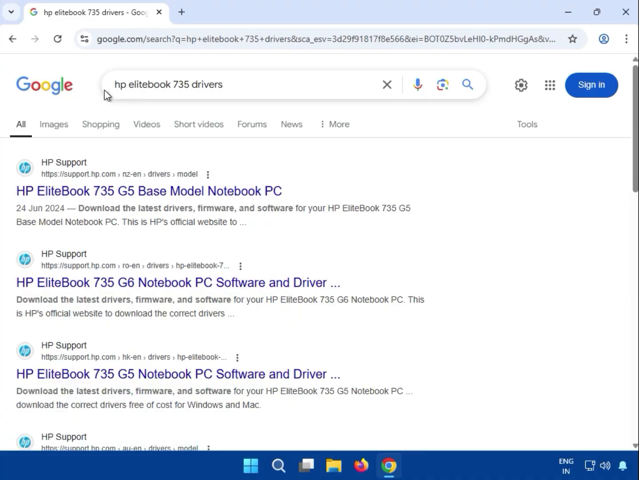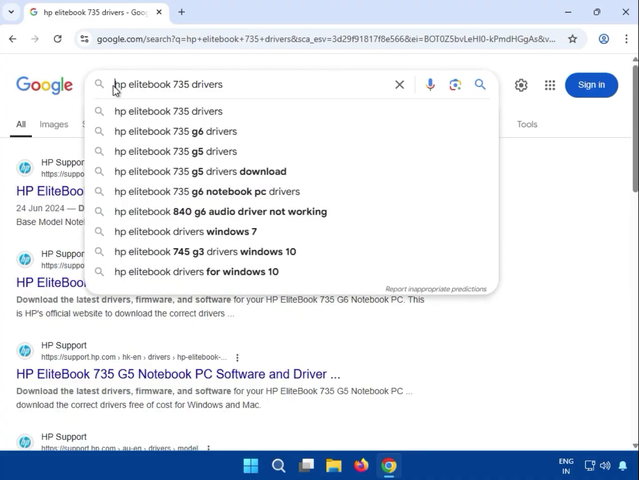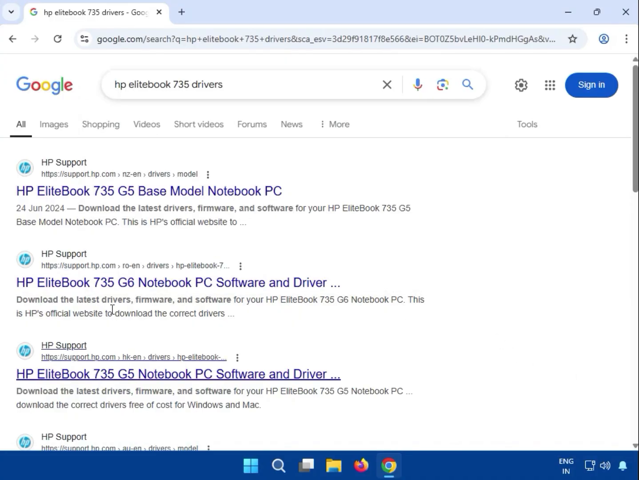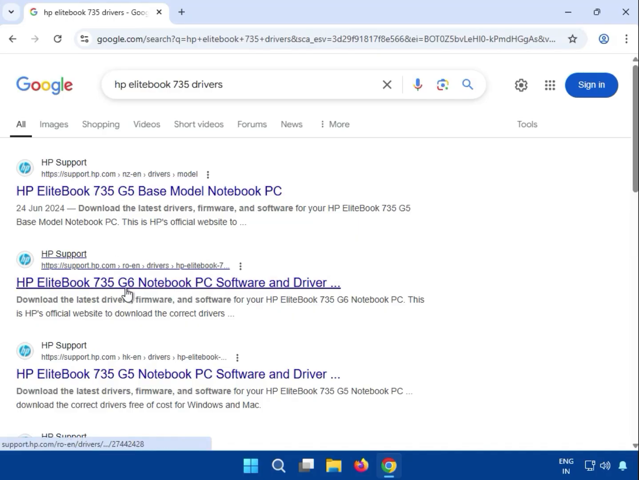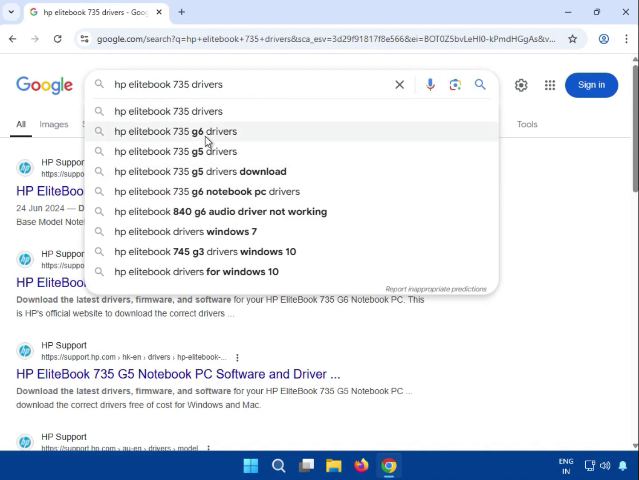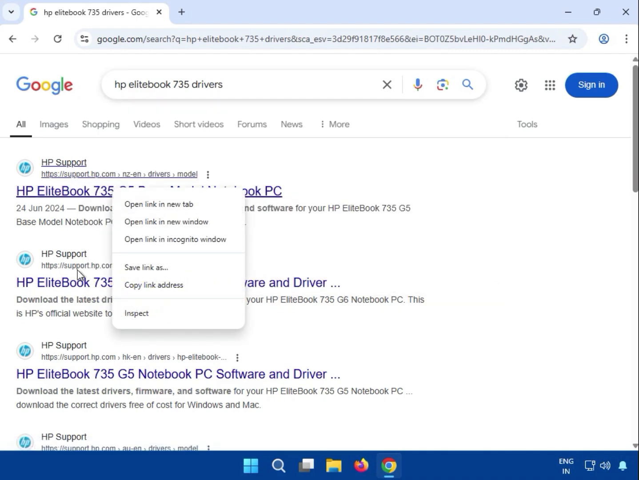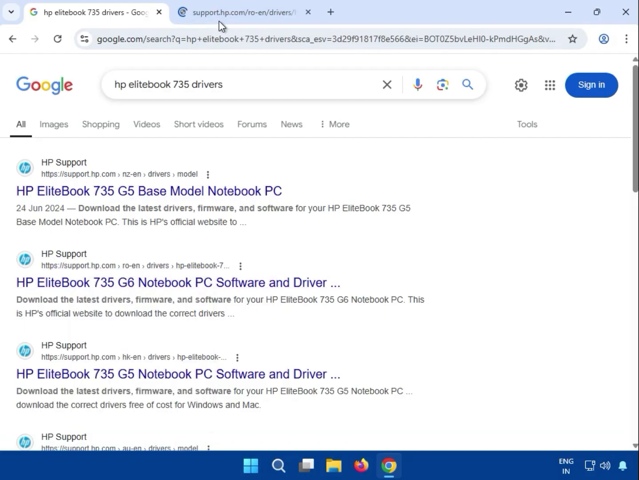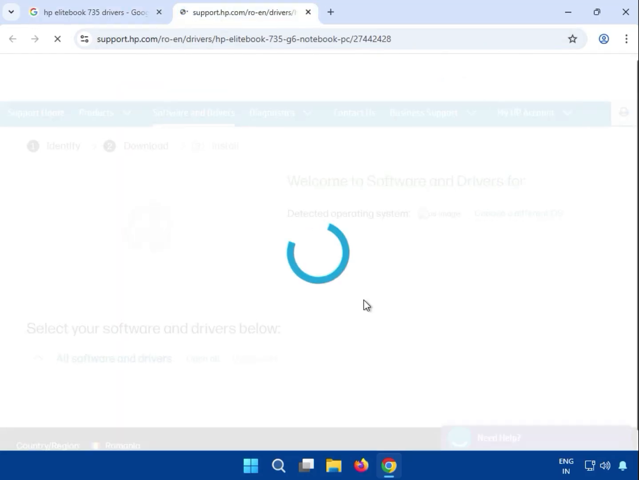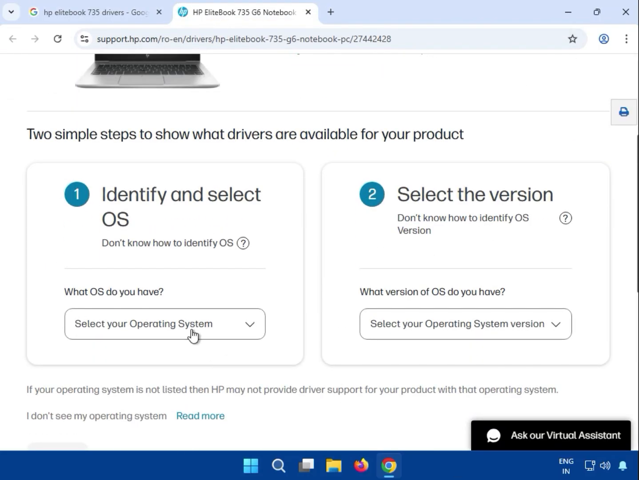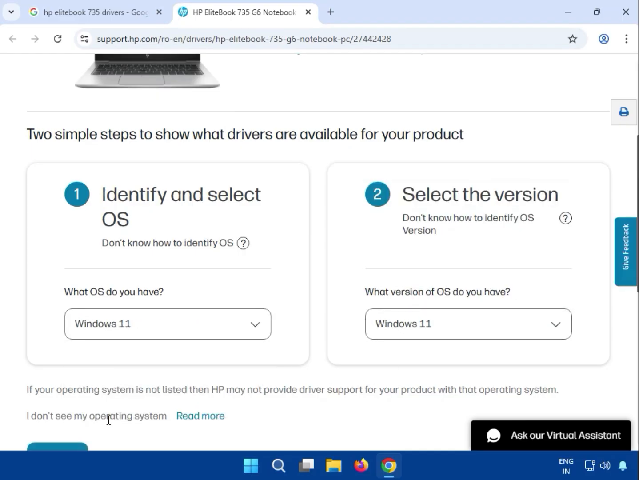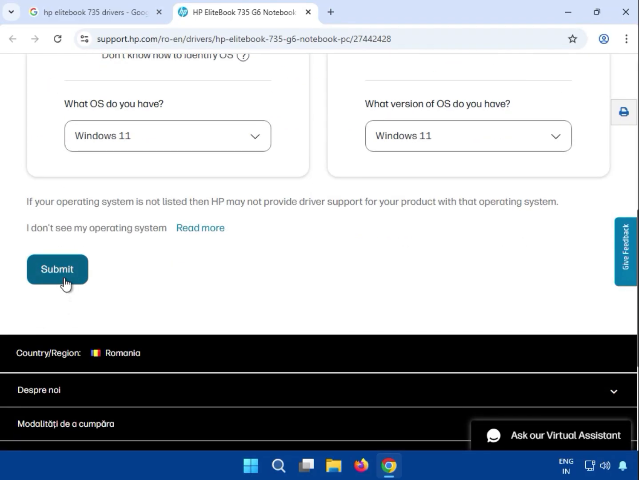Open any browser and type in the Google search box like that, and you can see here after that G5 G6, so you can enter the version or generation, G5 G6. Then go to this URL, support.hp.com, just right click to open a new tab, scroll down, select the operating system Windows 11 or 10, the installation process is the same for all. After that click Submit,